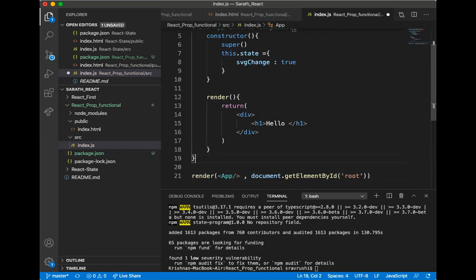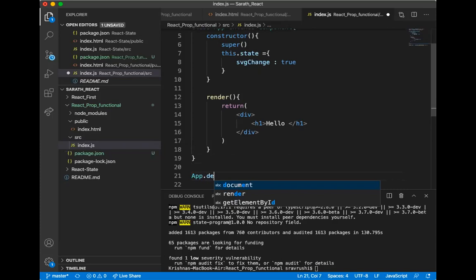The next step is I want to create the default props. I write App.defaultProps, which is a property value where I mention the properties of the class. Whatever class it is, that related property I give here.